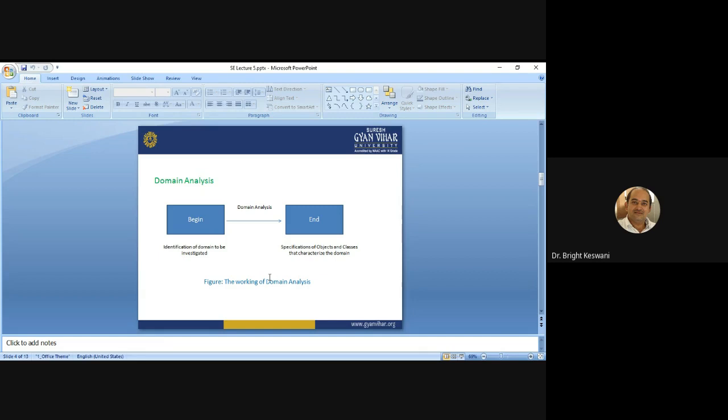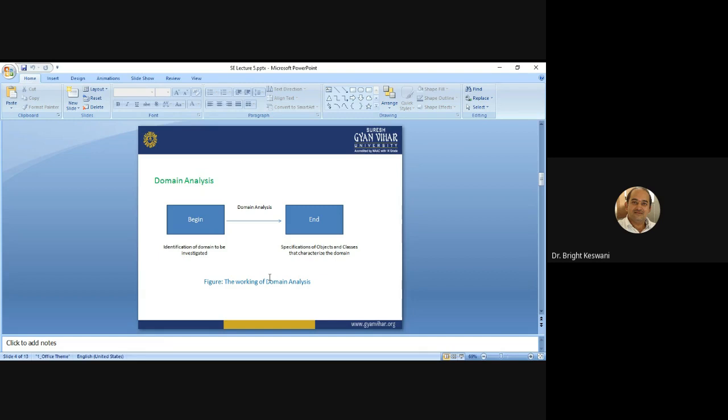Secondly, you can reduce the cost of the development process. Thirdly, you no longer waste your time detecting errors, because the reusable components are already tested, so there is no need to test them again. So there are some advantages of domain analysis.